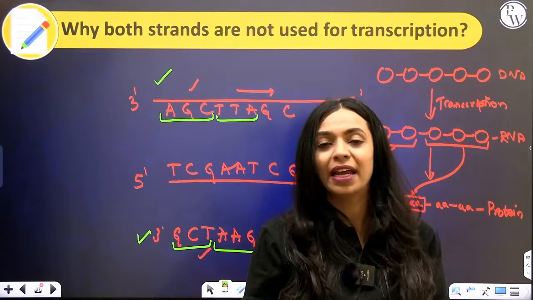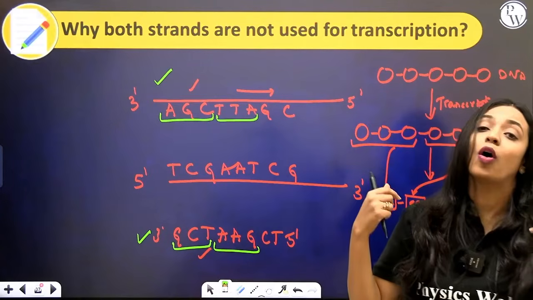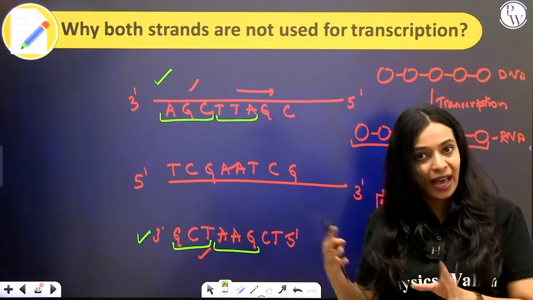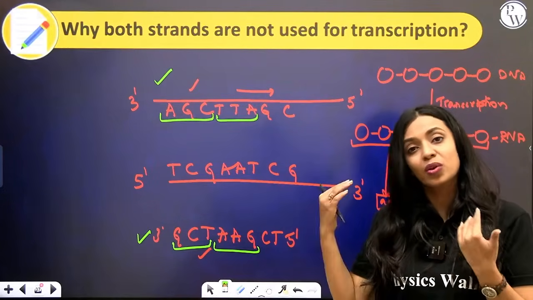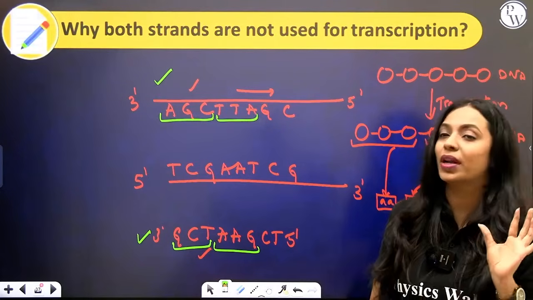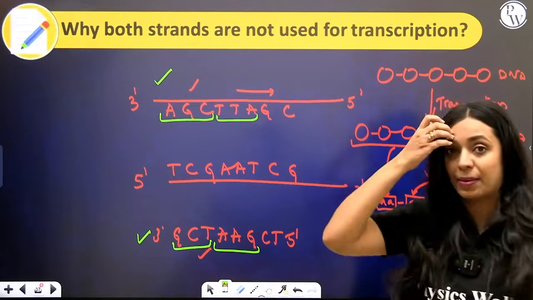That will complicate the entire mechanism of transmission of genetic information. So, in order to avoid that confusion, only one of the 2 strands will act as the template. Another issue that would arise if both of them are used as template is,